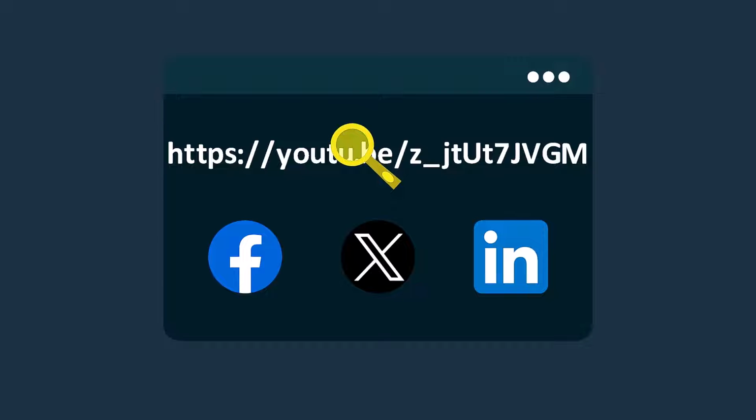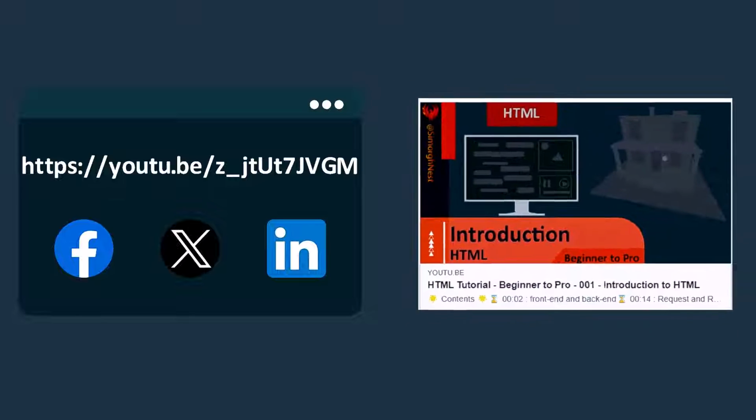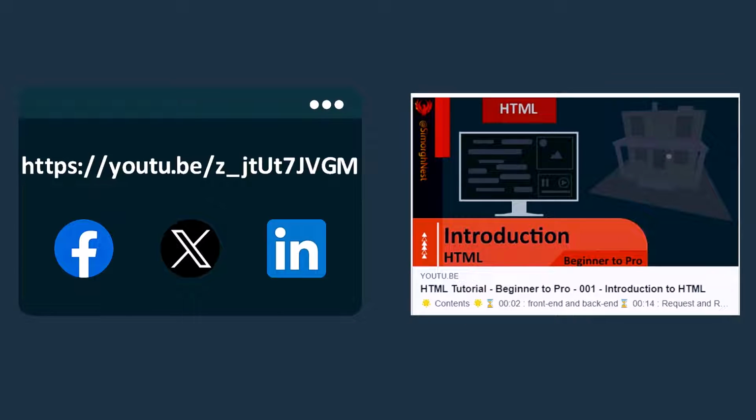Imagine someone shares a webpage on a social media platform. When this happens, the social media crawlers scrape the webpage and look for its OG tags to find the right information to display. So, what are Open Graph tags? Open Graph tags are a set of rules created by Facebook that help websites provide information to social media platforms.